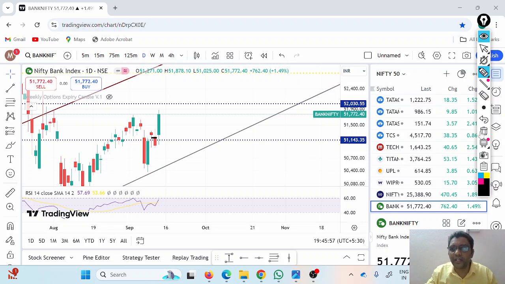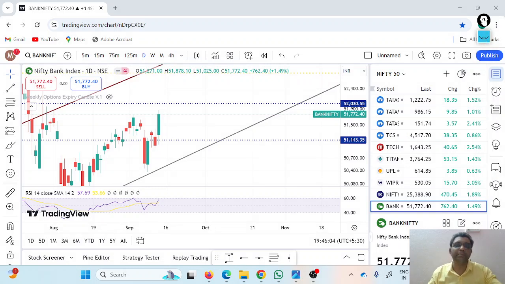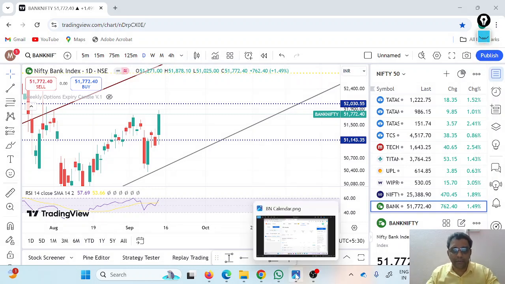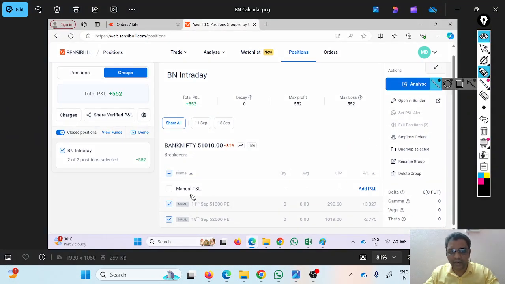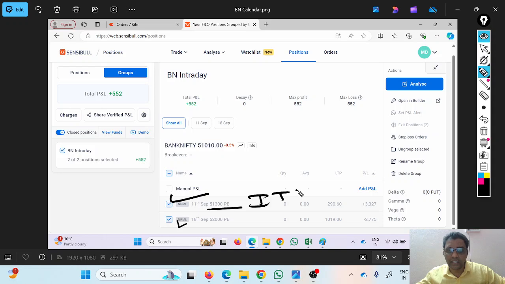So yesterday, immediately once the market opened gap down, I could identify that today could be a sideways to a little bit bearish day. Based upon that, I deployed this calendar spread. This was my yesterday's trade. I sold the 51,300 put option, that is an in the money put option, for yesterday's expiry, and for the next weekly expiry I bought the 52,000 put option. This was for the 11th of September, yesterday's expiry, where 51,300 was in the money,